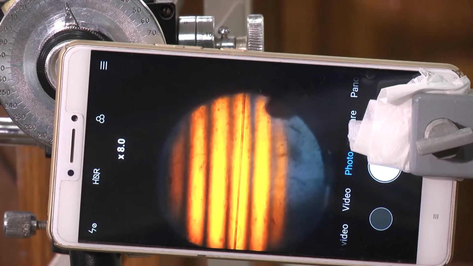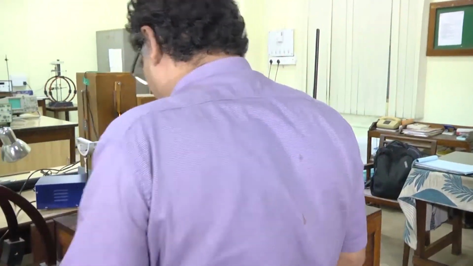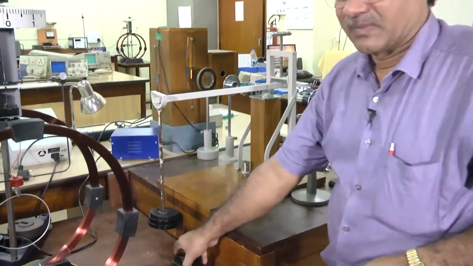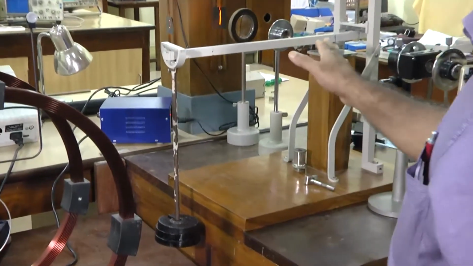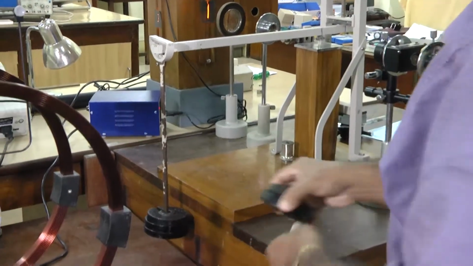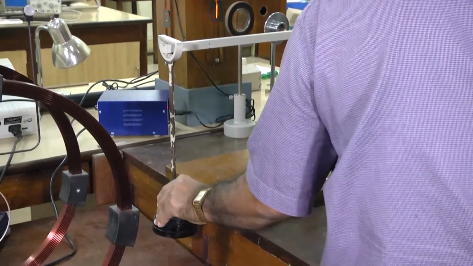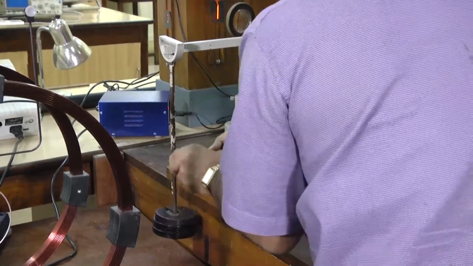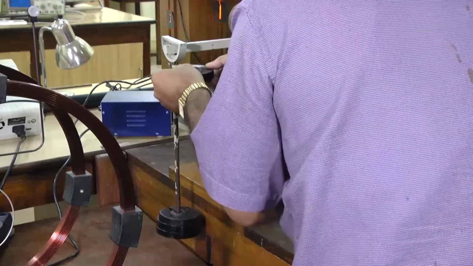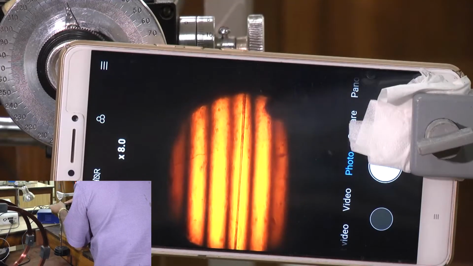Now, if I put weight, here I will explain. I am putting weight, and there is a slot here.